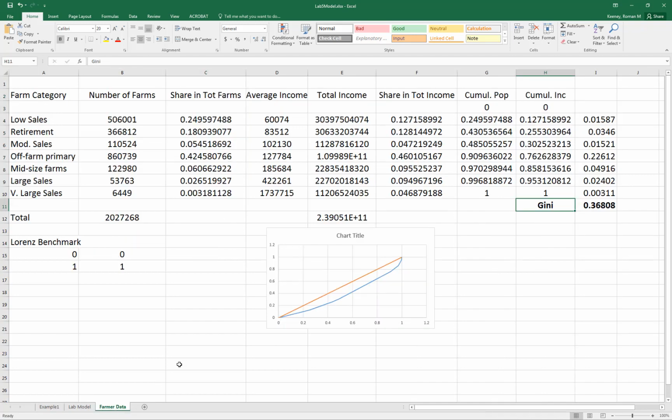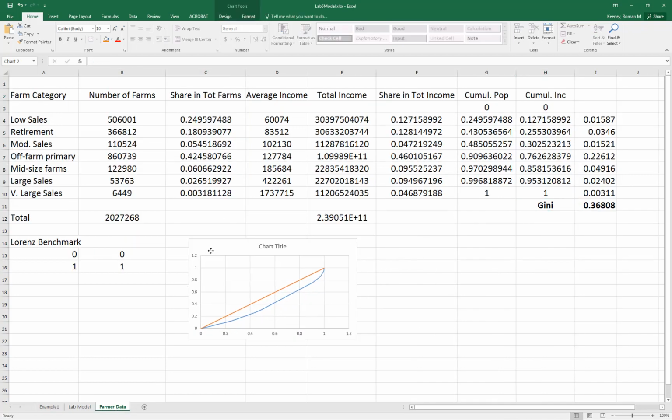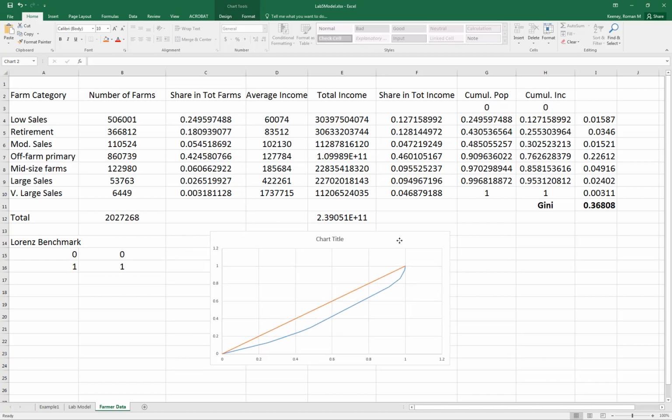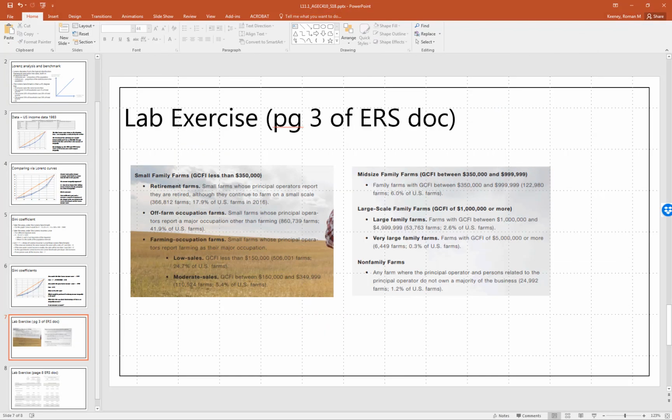So I'm going to leave the completed version here as you do your lab. I forgot to do the Lorenz curve. I'm going to leave this completed version here, but what we're going to work through is how you might take some data that looks like this, first of all,